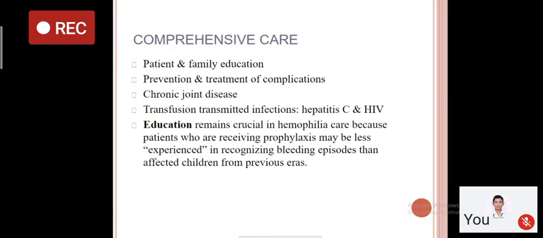Comprehensive care is the newer approach for the management of patients with hemophilia, which involves a comprehensive care team, including the patient, physician, orthopedic surgeon, dental surgeon, and the patients also need a psychologist, and they also need a sports physician. So all those members of the comprehensive care team help in the management of these patients during acute bleed as well as the prevention of complications.